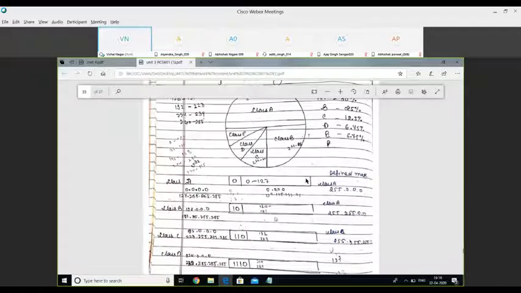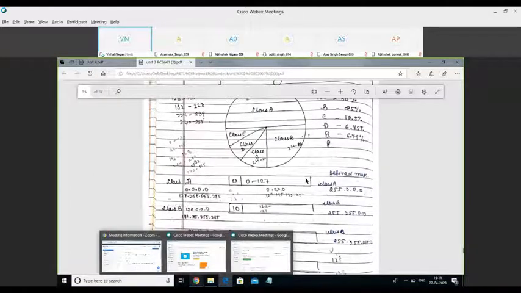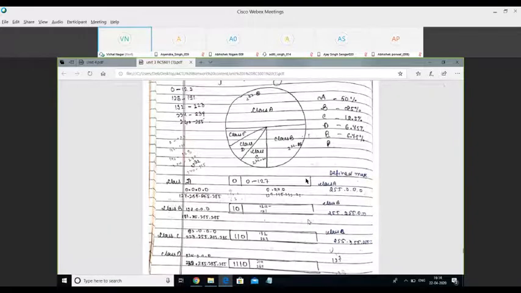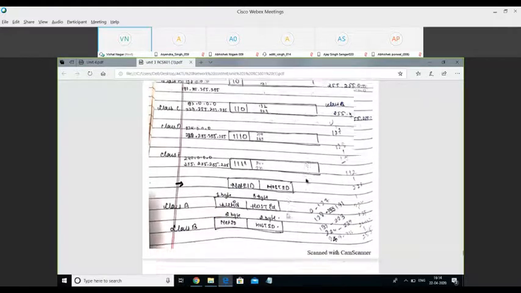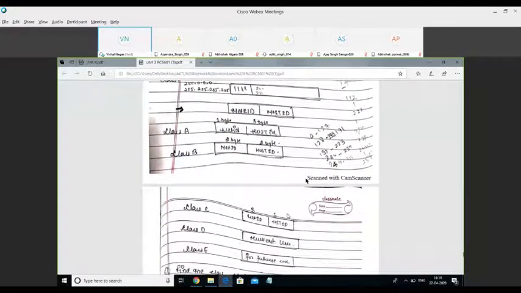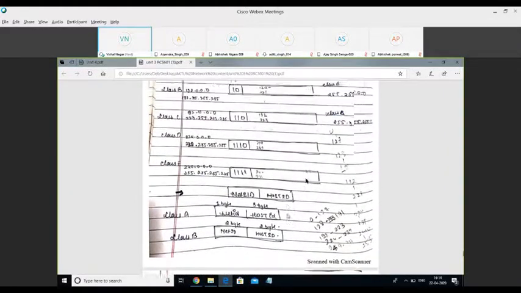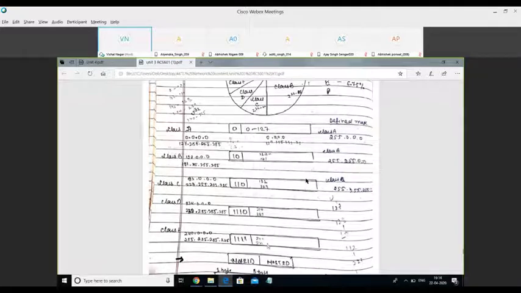Leaving these two, we have the total number of hosts as 2 to the power 16 minus 2, because we have 16 bits for net ID, including that 10, and 16 bits for host ID. So the number of hosts that can exist in class B is 2 to the power 16 minus 2.